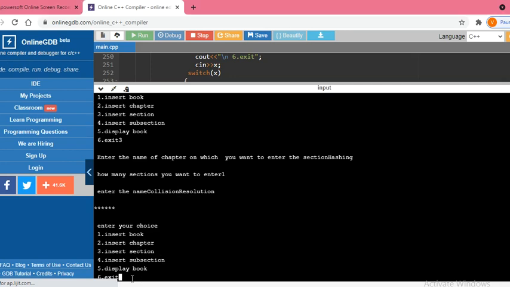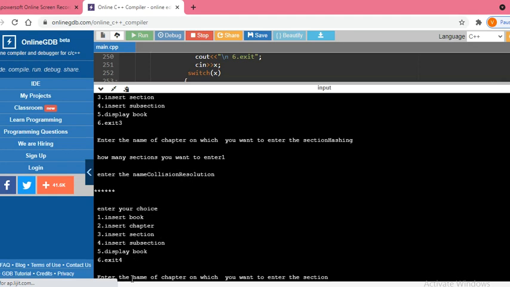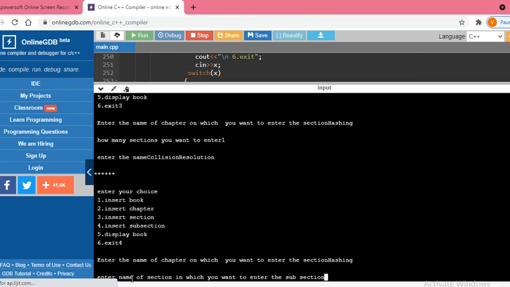Now I want to include the subsection under this. Okay, for the subsection, choice is 4. Now enter the name of chapter, hashing. Okay. Name of chapter hashing. Now enter the name of section under which we are doing it.